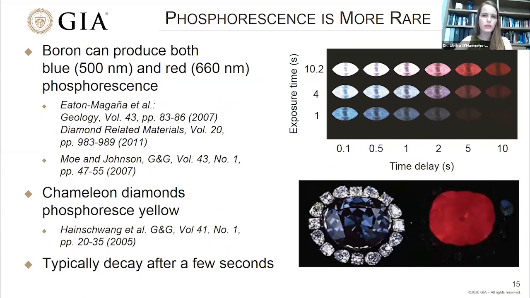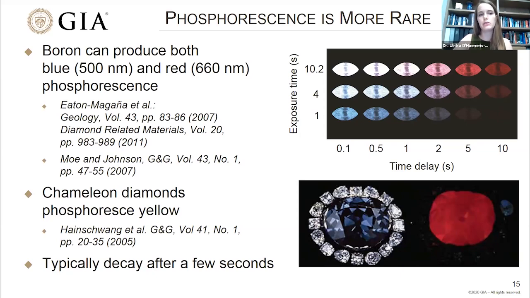As I mentioned before, there is another phenomenon that we're also interested in, which is related to this, the phosphorescence. So this is when, after you have illuminated the sample with, for instance, UV light, the diamond continues to glow once you switch it off. And this is a really beautiful effect, in my opinion. Usually it is something that you observe in blue diamonds that are boron containing. And the phosphorescence that you might see might be either blue or red, depending on which relative defects are present in the material. So they're all boron related,